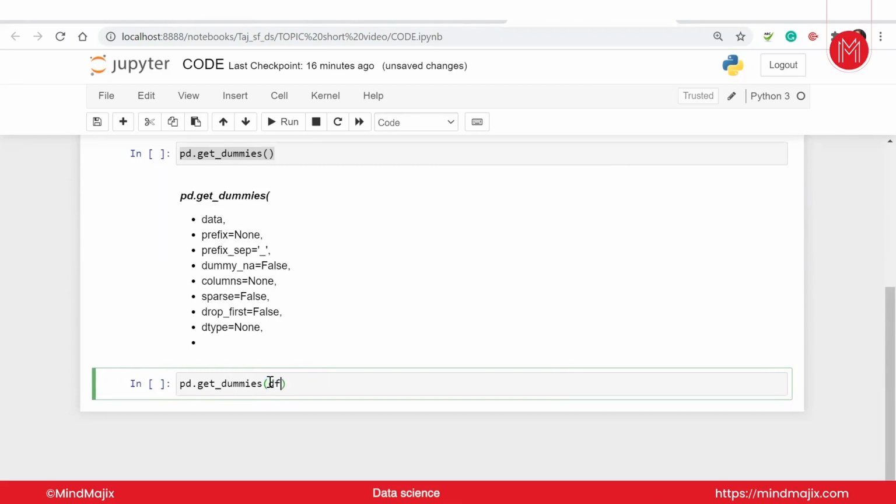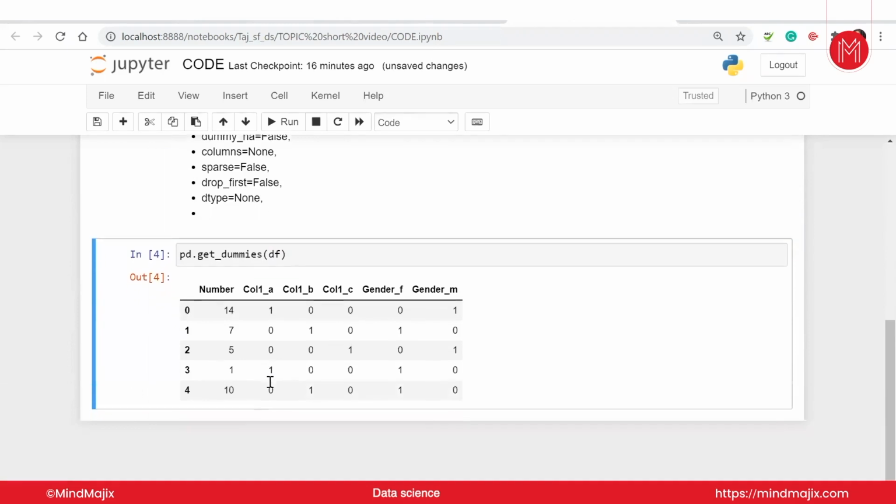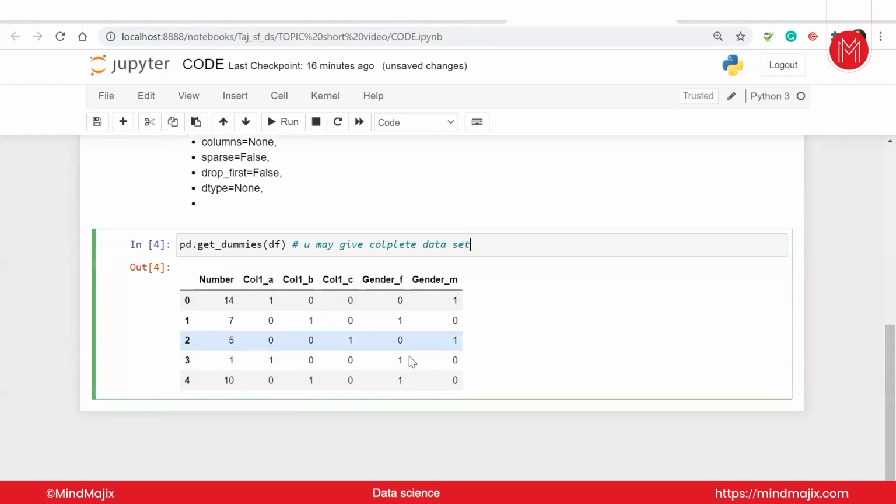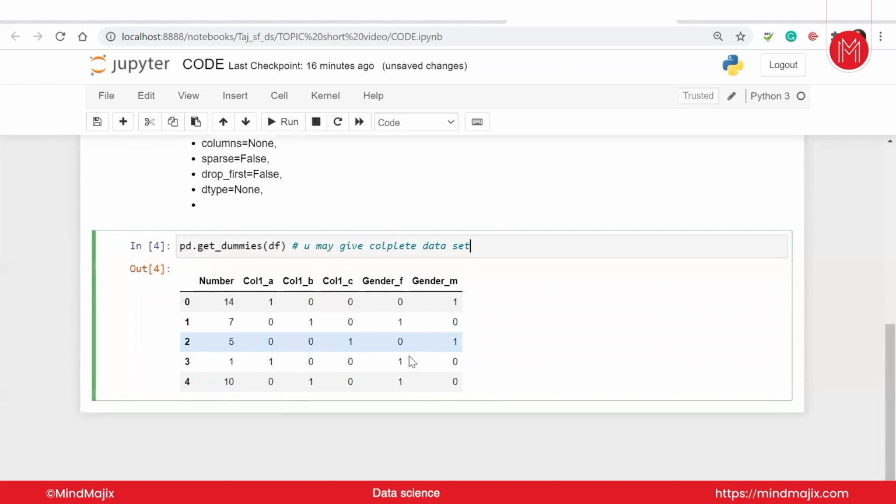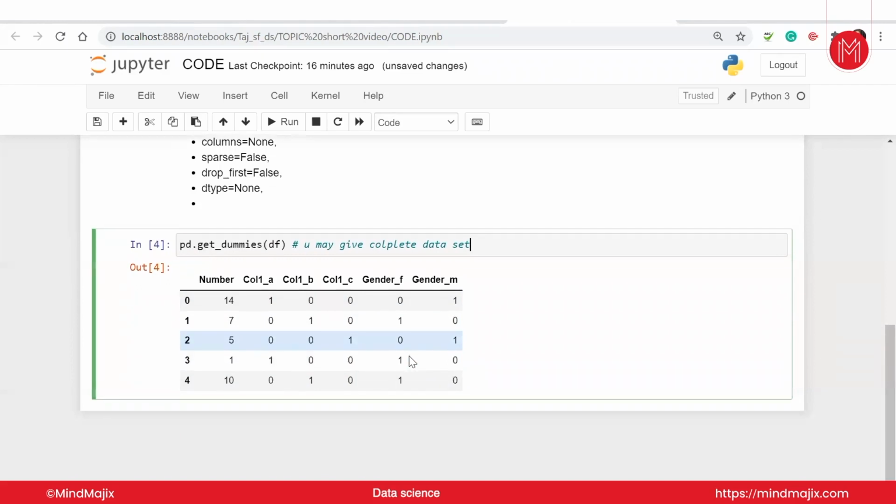The complete df can be given directly, and the complete data will be converted in a single shot. So you can give a complete data set, and you will get an encoded column for all. You can see that A, B, C has been converted here, and Gender, male and female, has been converted here as we were looking for. Clearly, there is no issue with the conversion.